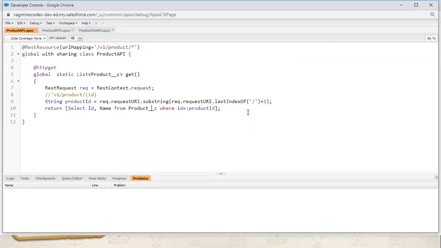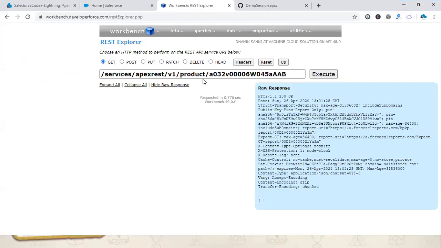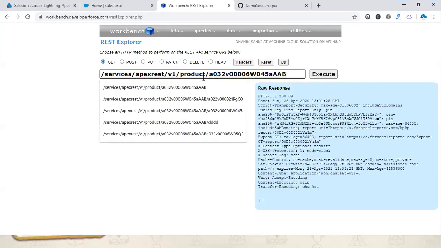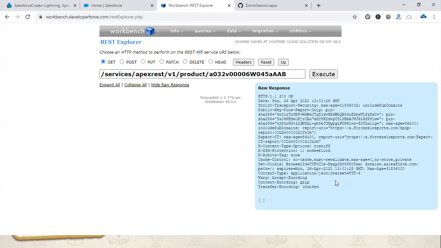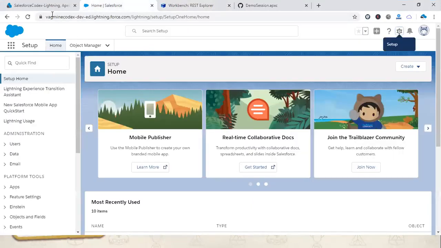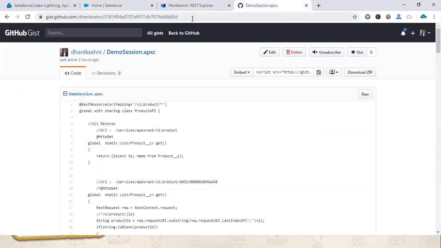Product API name instead of product. What? Product API name, V1 slash name is the product. It's product only. Okay, it's not different. It's the same. Okay, it looks like the data is not there. Let me see the data with the same IDs available in my org node. The class name says product API, right? But in the URL we are passing the product, right?